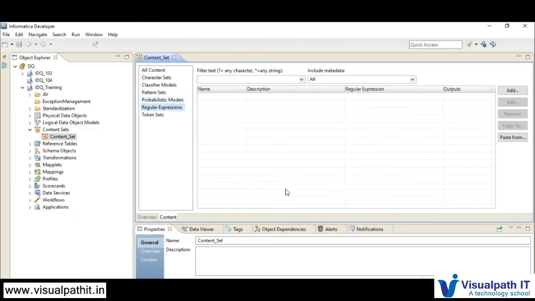Whenever you are working on any probabilistic model in any of the transformations, let's say classifier, or character set for labeler, whenever you are working on such transformations, it will refer to this content set.